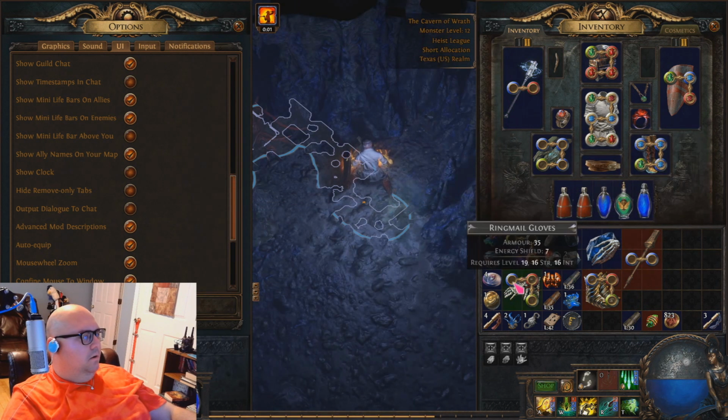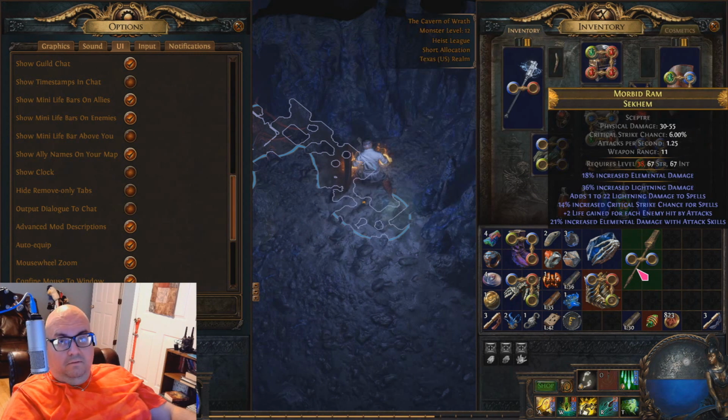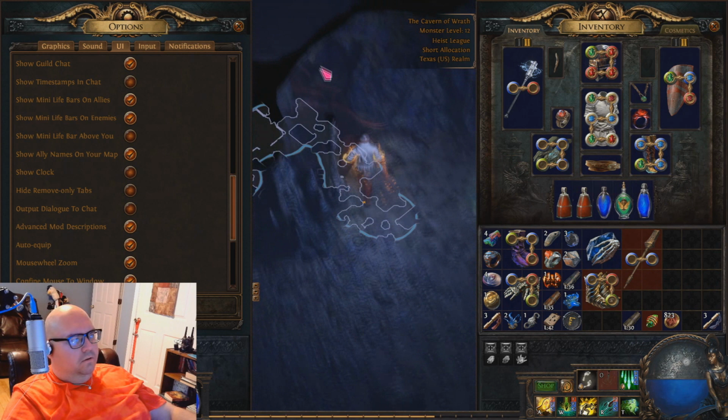Let's look at a rare. Look at this. It shows me I got a tier 6 prefix, a tier 8 prefix, a tier 5, tier 4, and a tier 6. So if you want to know if mods are good on something, you can't really tell unless you just memorize, like 40 plus is good for elemental resist, like 100 something is good for health. Energy shield, kind of weird, but